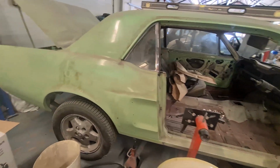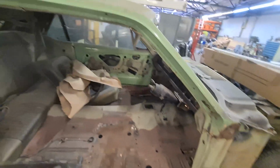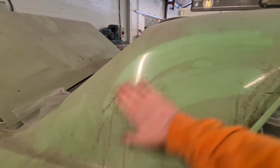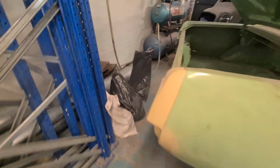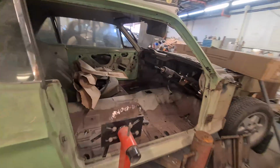So let me show you around the Mustang quick. So yeah, this is the old man's Mustang. He's had it for 20 odd years. We did do a lot of work to it before. Painted all the roof on it, and then all underneath was painted. You can see that again. It did look relatively nice at one point, and then it sat in his garden for 15 years, pretty much